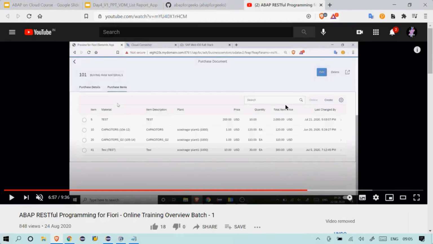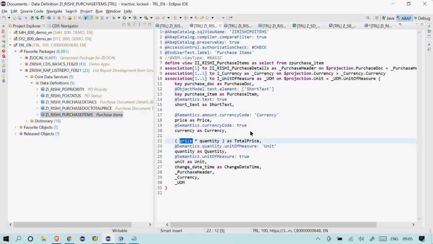So that is what we are doing, taking the total price. When you take a total price for these items, because these are the items for this purchase document, I can do a sum of all this in my purchase document. So when I have this total price, I can do a sum all the way. That's why I'm just showing you how to do a calculated field. This is also an example.